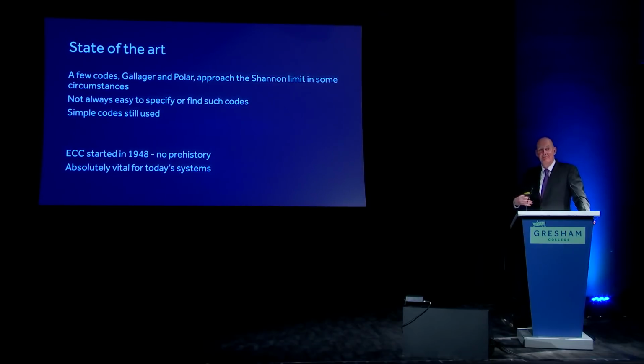So there's been this sort of leap forward in coding, and a number of rather innovative codes, but not linear block codes of the type I was talking about, have just been left for dust, as it were. So all those convolutional codes and all those other codes have been left for dust. But it's the same ideas that were dreamt up in basically 1950 by Richard Hamming and Claude Shannon. Hamming is a very interesting man, not just because he invented these codes, but he also wrote a book about what it was like to be creative. And if you've got a moment, do read it. It's an interesting read, what it's like to invent